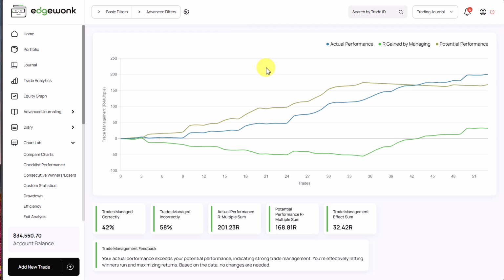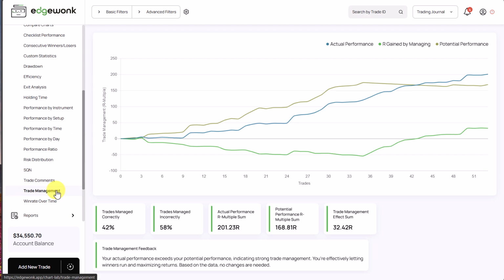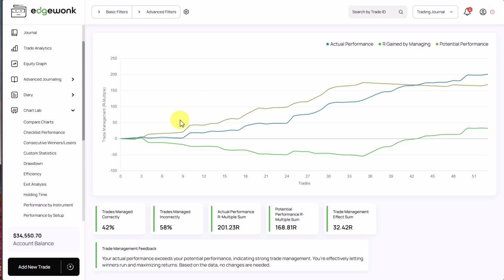because this data will then unlock the trade management area in your chart lab in Edgewonk. And this will then help you analyze your trade management behavior. This feature analyzes whether you are exiting trades early, whether you're leaving money on the table, whether a trailing stop loss approach is the right strategy for you, or if you should just trust your initial plan and let the